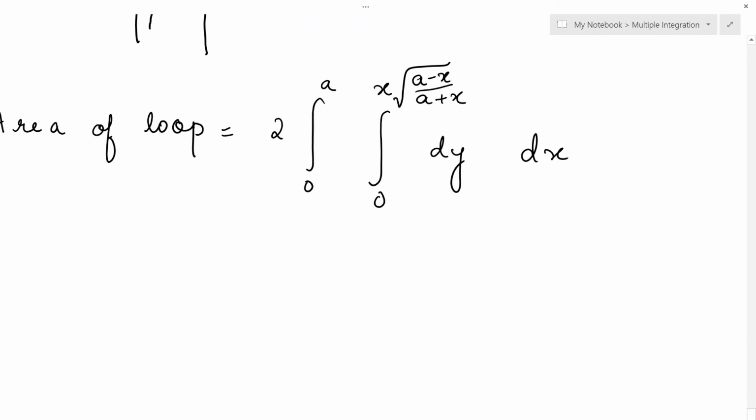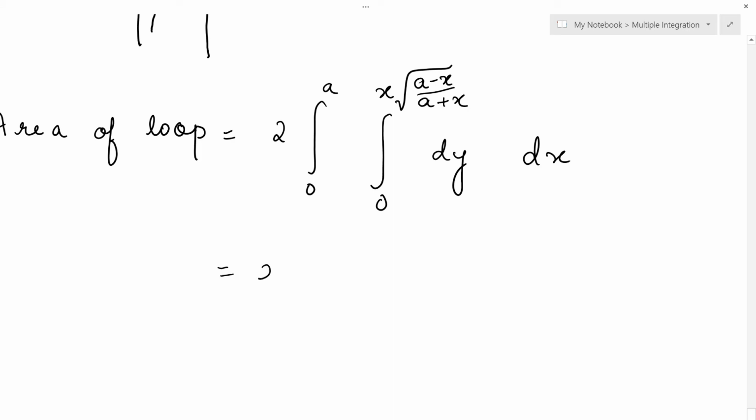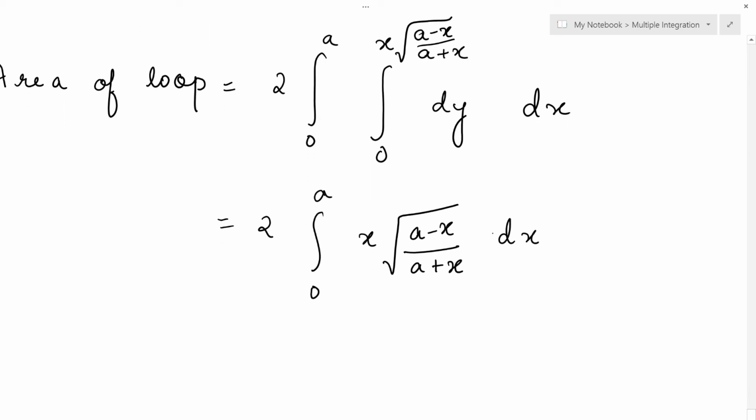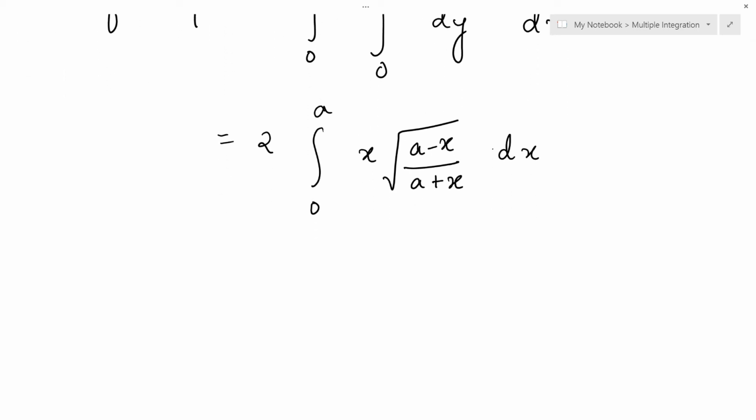So let's find the area. Why am I multiplying by 2? Because it is symmetric about my x-axis. I have just found one region, and the other is the same. Okay, so this is what we need to integrate. Now integration of this, you can see it's a bit difficult because you have terms in the numerator and denominator. So I need to substitute some trigonometric term so my integration becomes easier. So here I will substitute a is equal to cos theta.